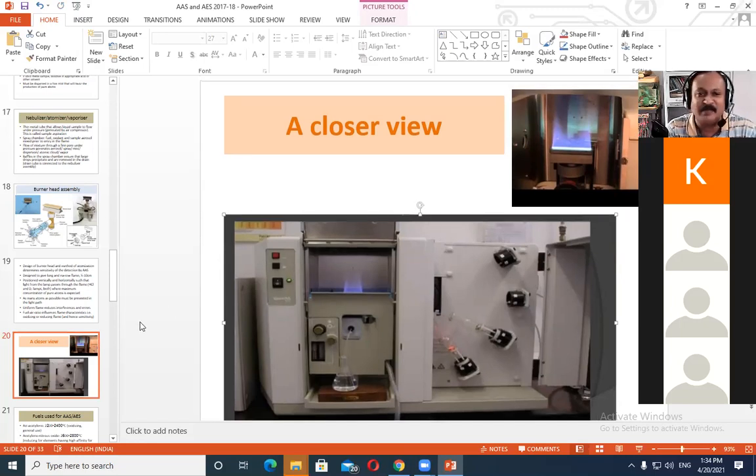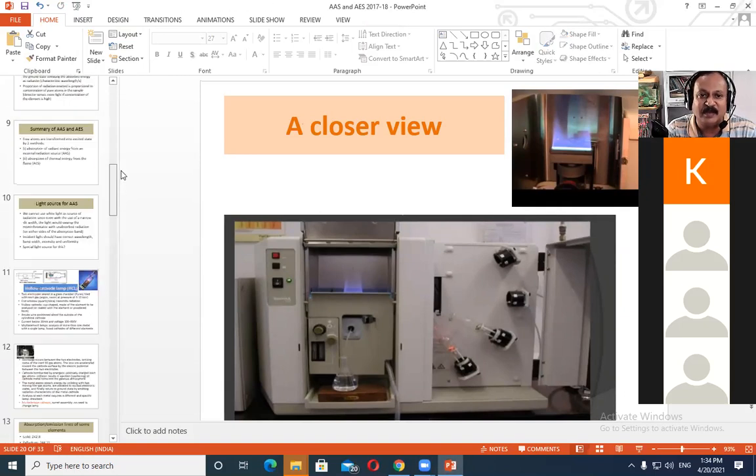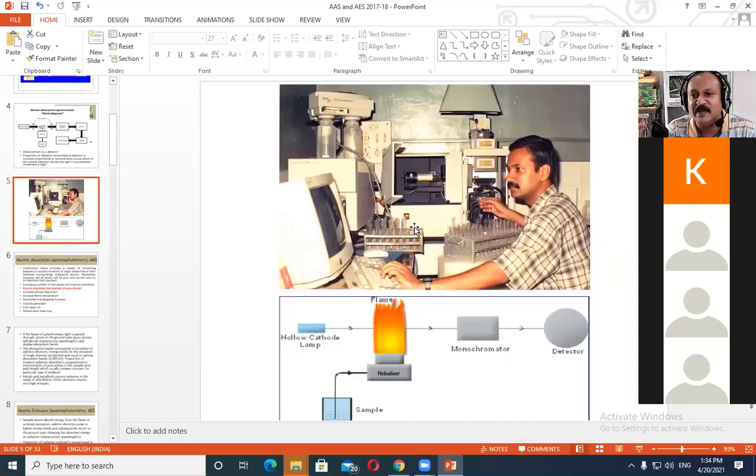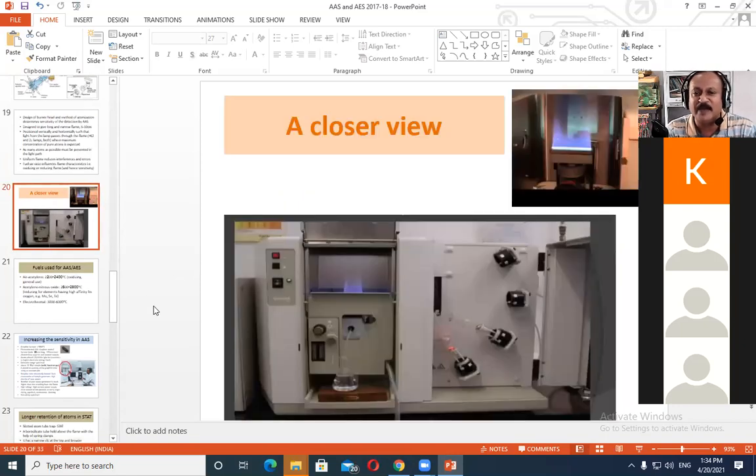In the earlier figures which I showed you, let me go a little earlier. This one here. The lamp source is on the left-hand side, the detector is on the right-hand side of the instrument, and at the center we have the sampling chamber, where the flame burns the sample. Instrument-to-instrument variations are always there, depending upon the manufacturer's own idea or design. So that is not a big problem.